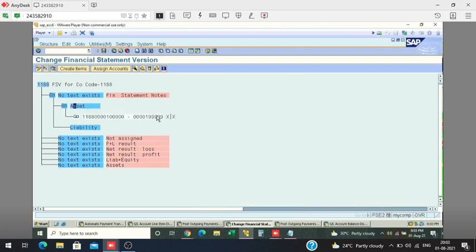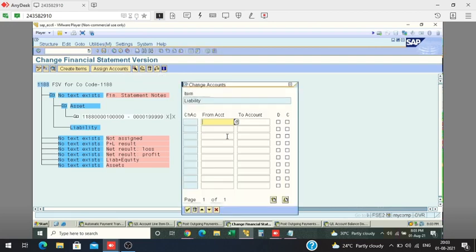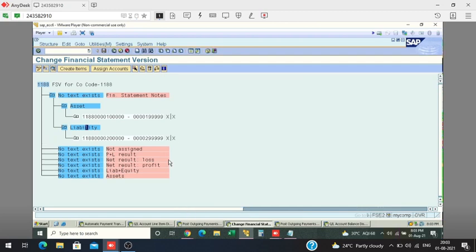Click on this. This is debit credit. This is the GL coming. See, one to one. Liability also. Click on this and click on account assignment. You have to select first. Okay, 2 lakh to 2 lakh 99. Debit credit. Okay, enter. Now profit and loss. I am going to click on profit and loss.